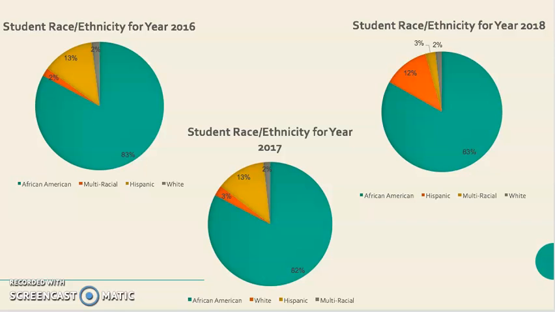These three graphs show the ethnicity population of our student population. So the majority of our population is African American, and this has remained the same throughout the last 3 years. It has been 83%, 82% in 2017, and 83% in 2018. Our Hispanic population has also remained the same at 13%, and then it decreased to 12% in 2018. Our multiracial population has increased from 2% in the years 2016 and 2017 to 3% in 2018.